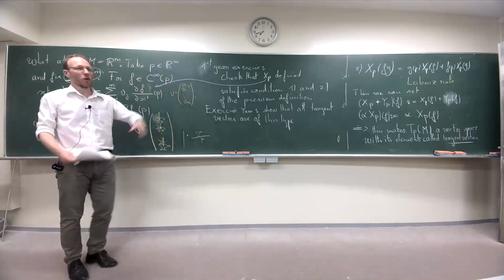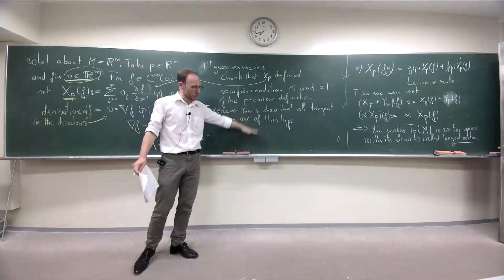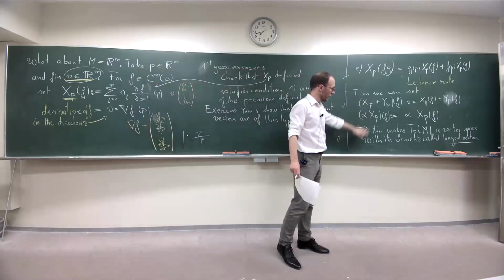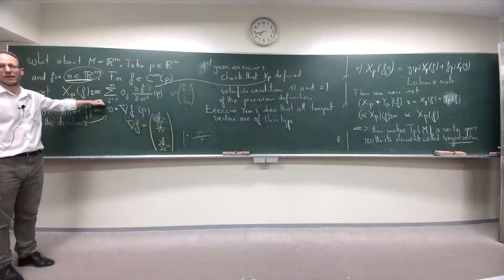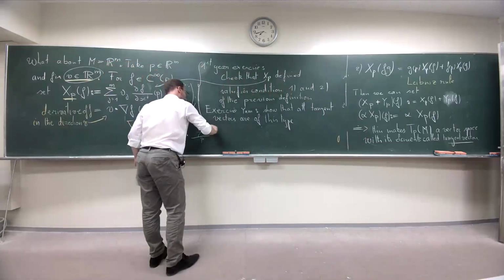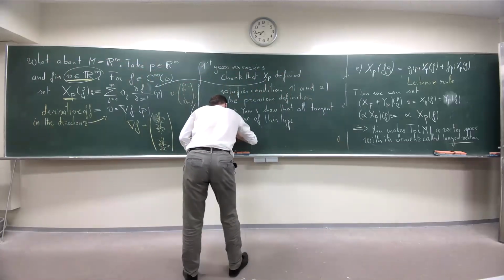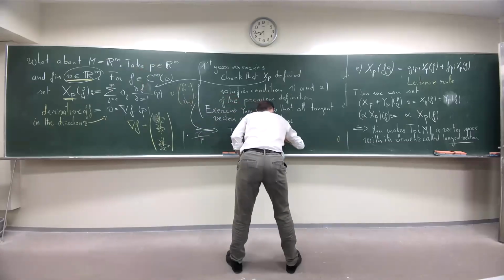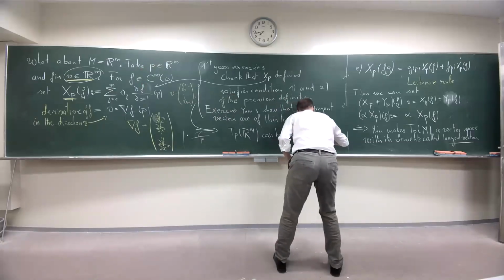They are not equivalent. One is to show that this guy defines or satisfies the two conditions. The second one is to show that whenever you have a tangent vector, it can be represented by something of this type. So once you have these two things, this implies that T_p of R^m can be identified with